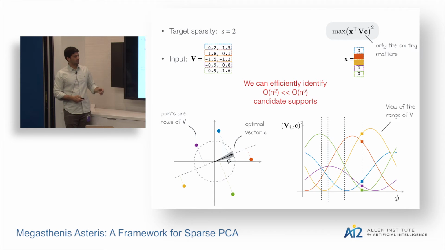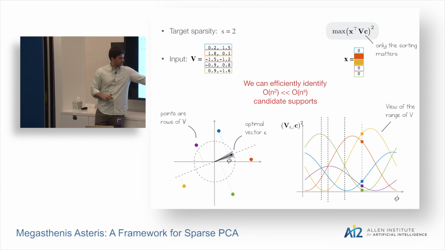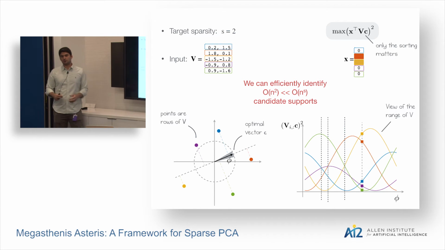Now the key is the following. What I'm interested in is which curves are at the top S positions, because this will determine my support. So if you keep track of these curves, you will see that there are basically regions in which the top S curves remain the same. So let's say that I'm tracking the two highest curves. In this area, it's the green and the blue. Then there is an area where it's the green and the purple, and so on. Okay? And the question is,